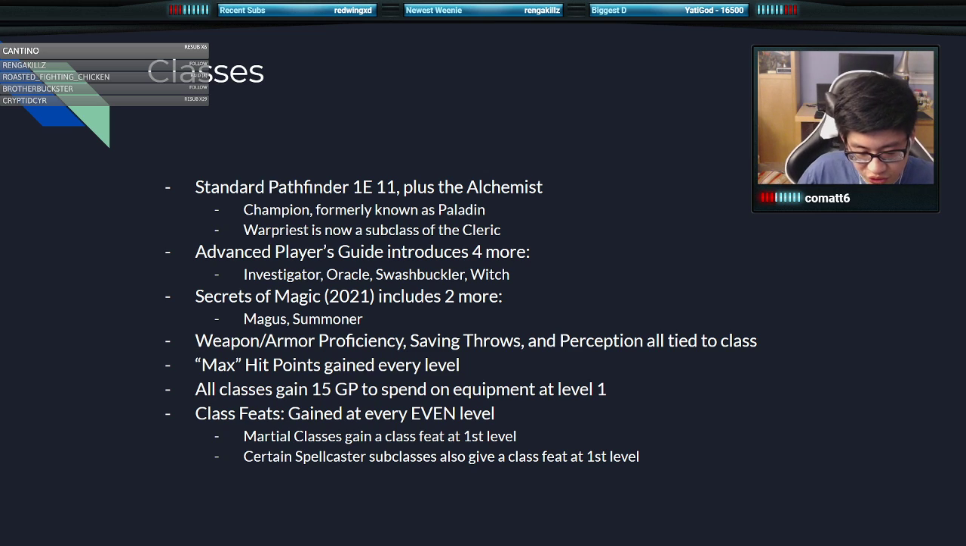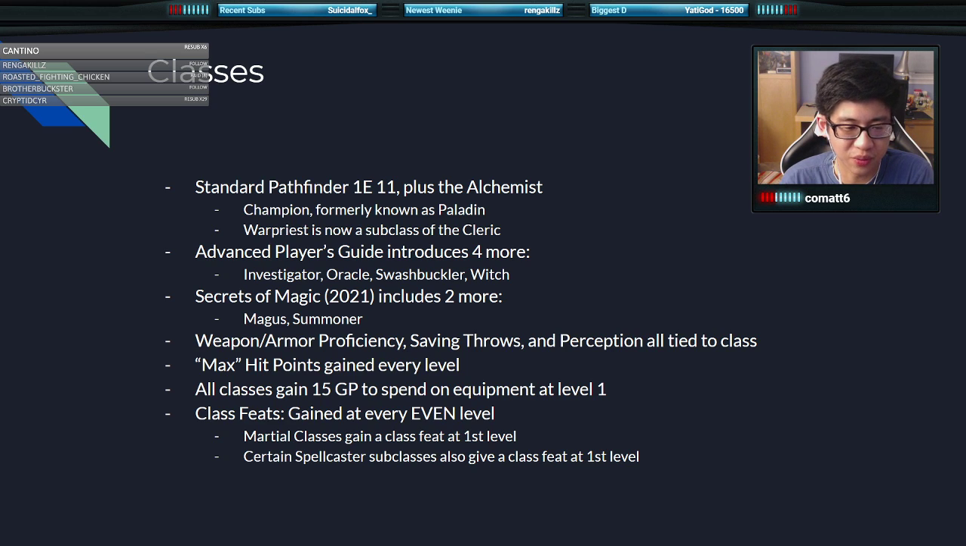We're still waiting on the Inquisitor. Come on, Paizo. You know what Matthew wants. Please give it to him. The Druid, Fighter, Monk, Ranger, Rogue, Sorcerer, and Wizard. And the Advanced Player's Guide, which came out, I think, like 3 or 4 days ago, included the Investigator, the Oracle, the Swashbuckler, and the Witch. And they announced very recently as well that next year we're going to get the Magus and the Summoner, which is really nice. So each class is different in that they will have different levels of training with weapons, armor,